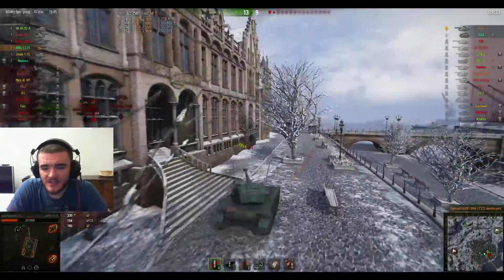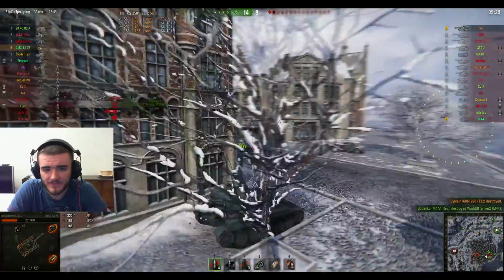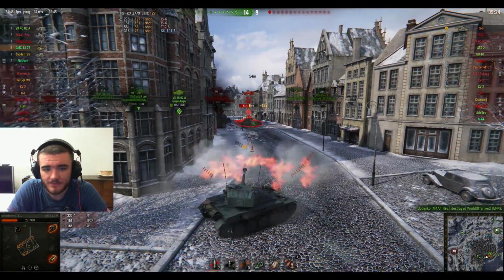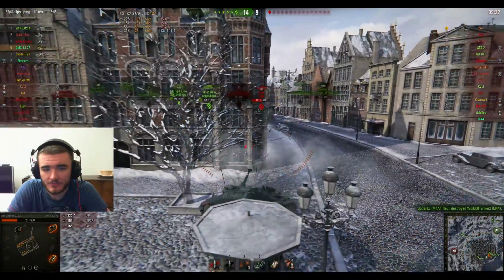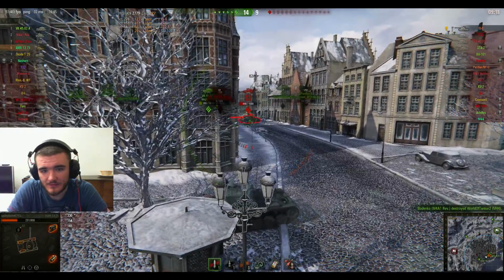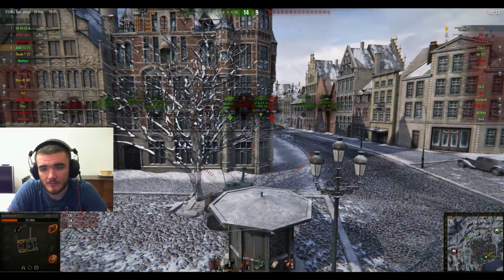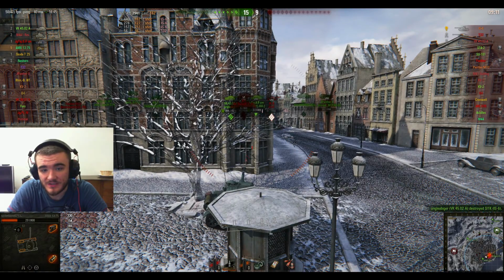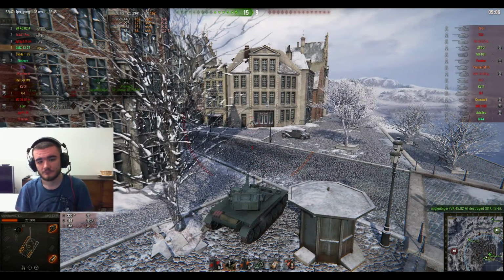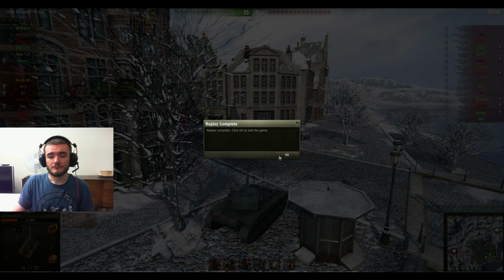Now then, that's an IS-6. It's got good armour, especially now it's been buffed by the HD upgrade. However, from the rear, it's still very much penetrable. Not from the side that much. Last shell is the APCR, but he doesn't need it. Well,